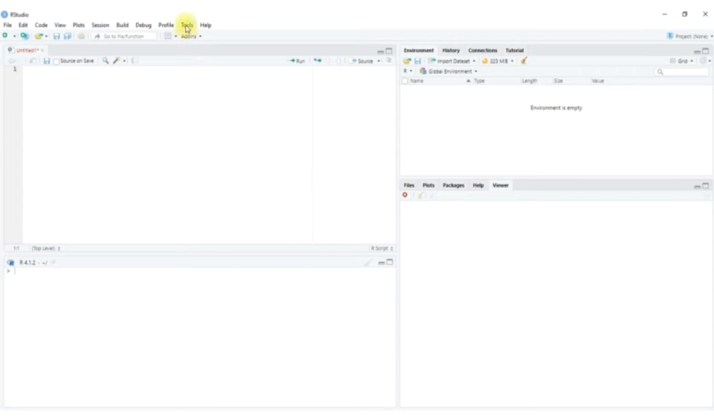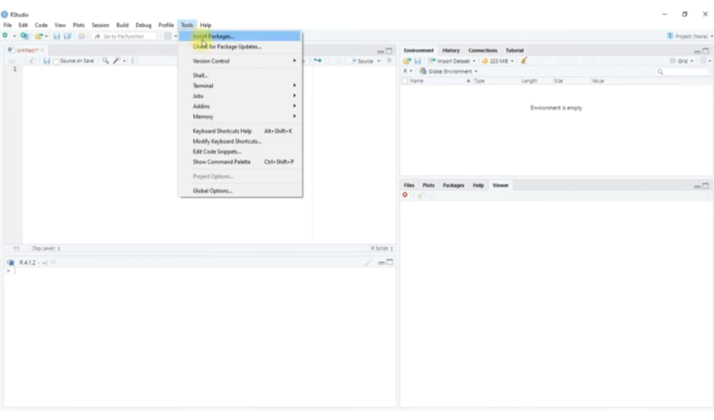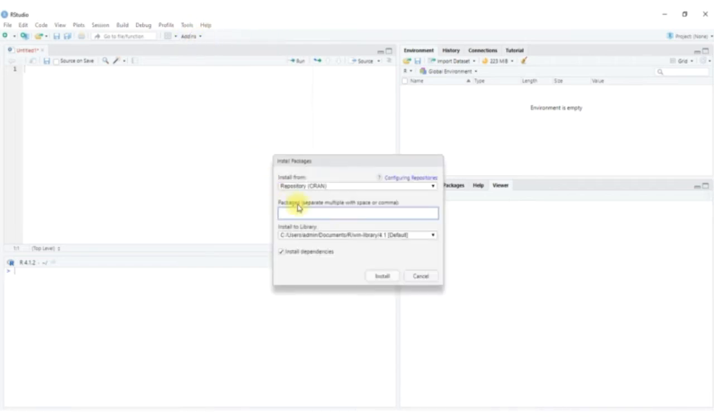Then you have to go to the tools and you can find the install package option. Once you click on install package option, here you will have to write the name of the package. For example, I am writing ggplot2. The ggplot2 package is used for data visualization in R. Once you write the package name, then simply click on install and the package will get installed on your R